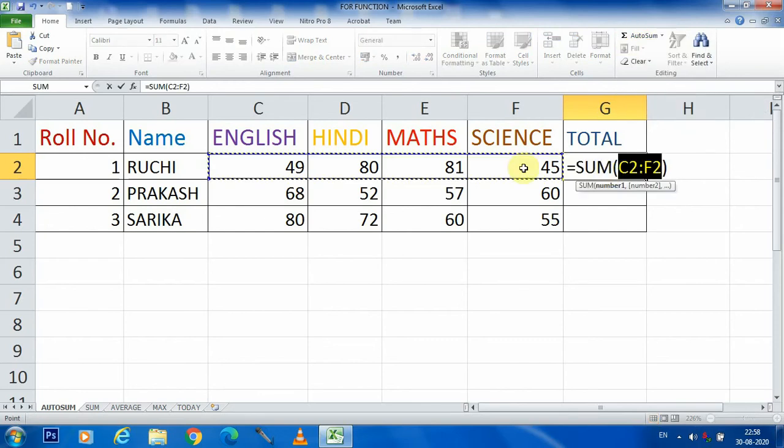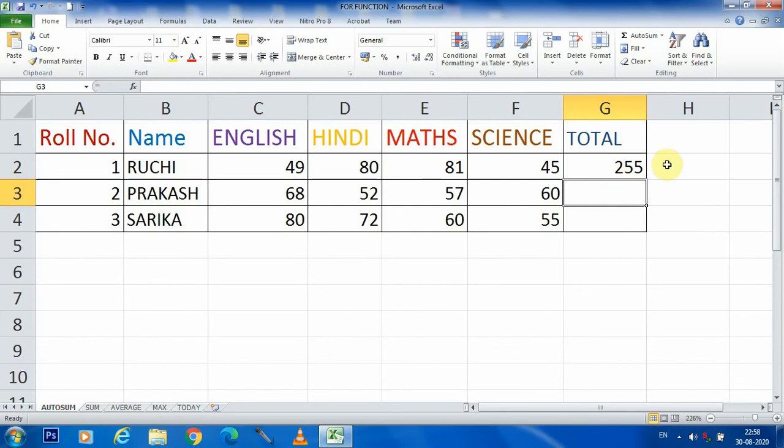After clicking AutoSum we get the equal sign and the SUM function, and you can see a cell range is automatically selected, C2 to F2. Now press Enter, and we get the result 255 for Ruchi. This is the total marks of Ruchi in four subjects.